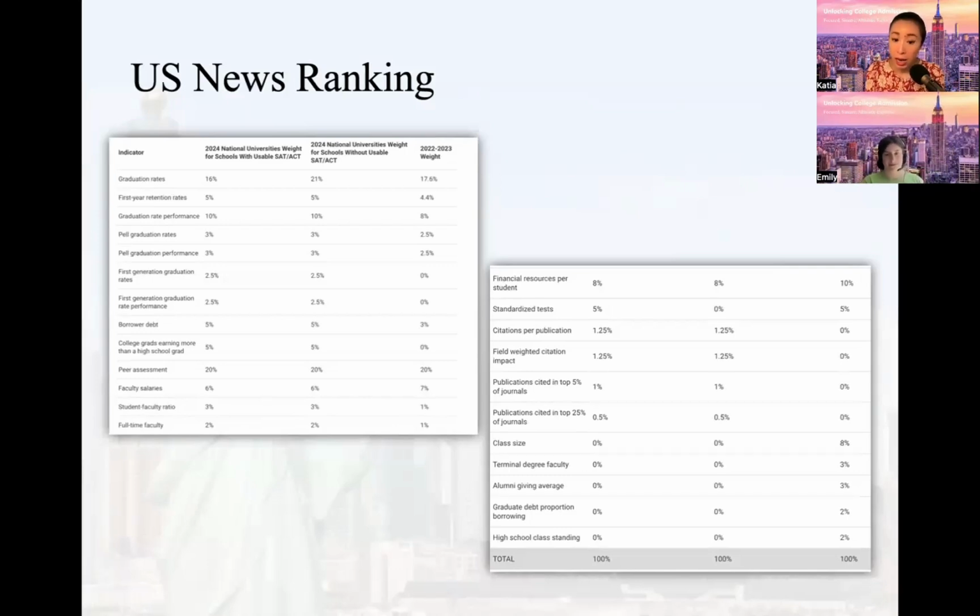I completely agree. And also when you choose colleges, you need to pay attention to general prestige versus major prestige, because for example, Purdue, right? Purdue is relatively lower ranked in the general ranking or national university ranking, if you check the US News ranking, but it has one of the best computer science programs in the country. So if you want to pursue a computer science degree, you should consider Purdue, even if it doesn't have a high general ranking. So that's something I want to mention as well.